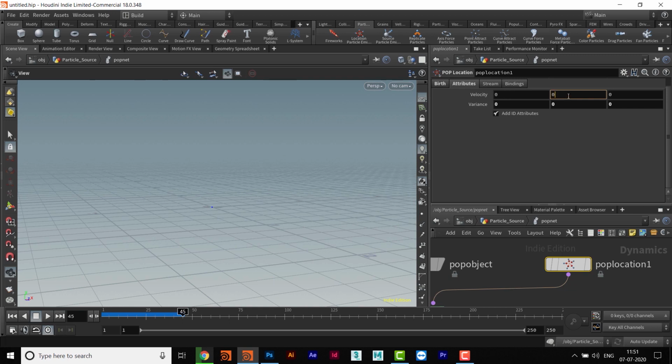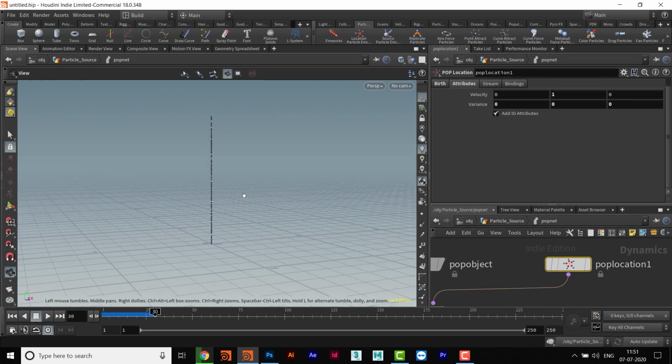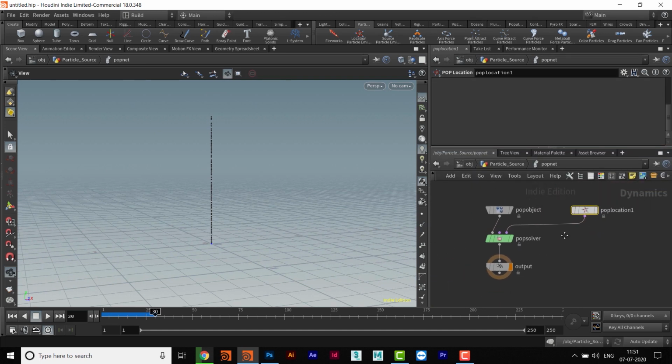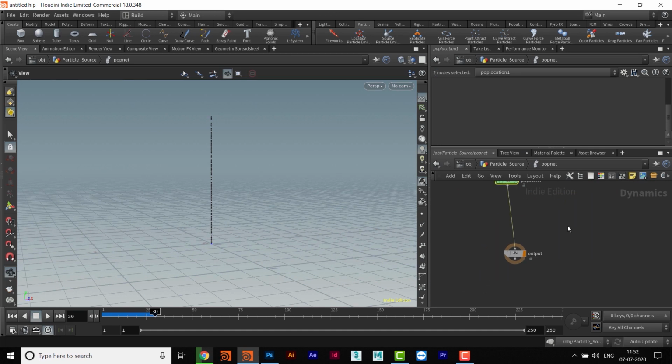I want these particles to go up, and for that I will give this a value of maybe 2, but no variance. Then the particles will go straight in the y-axis without any kind of variance, and we have not applied any other force on these particles. I will give the particles a universal force, a gravitational force.